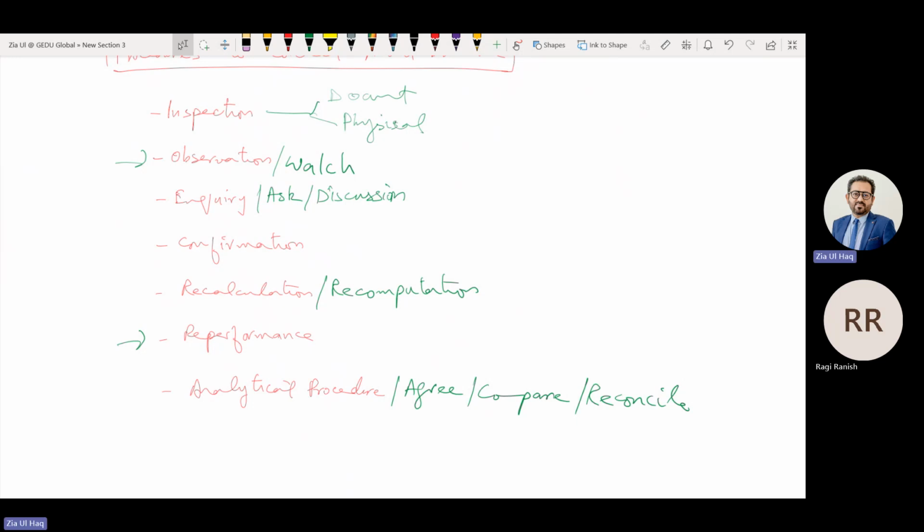This is the procedure. What will be the evidence? Extracts of notes to the accounts. Extracts means part of the notes to the accounts. Copy of notes to the accounts extracts to verify completeness of disclosure. This will be the evidence.